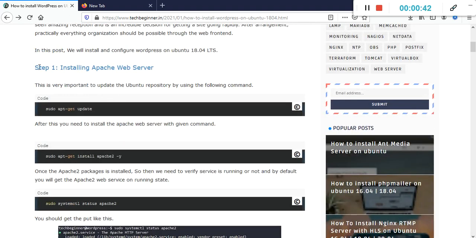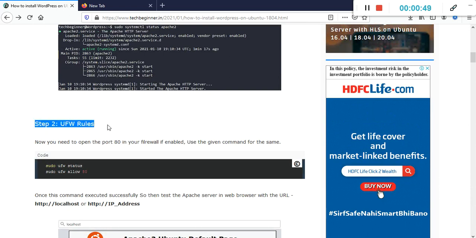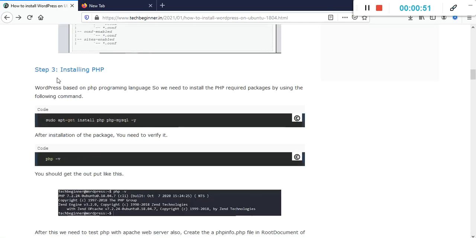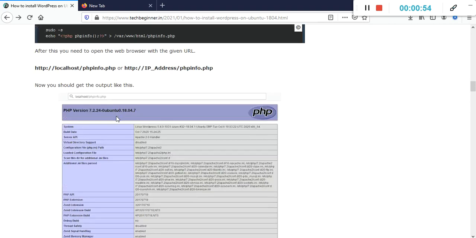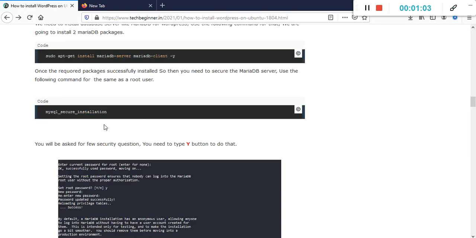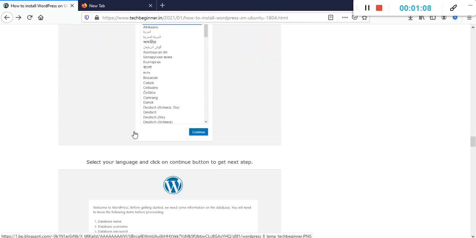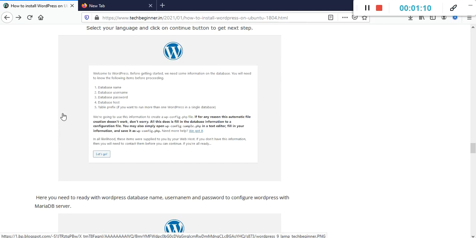In our first step we are going to install the Apache web server, and after that we are going to implement the UFW firewall, and after that we need to install PHP because WordPress is based on PHP, so that package is required in our system. And after that we need to install the MariaDB server, and create a database and users, and in the end we will set up WordPress using the web GUI.